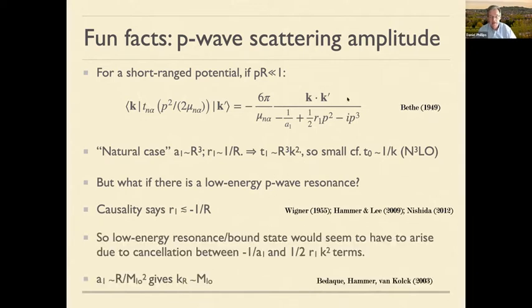And by analyzing this amplitude in that spirit, we can see that because the effective range in this system, and generically the p-wave effective range in neutron scattering, should be of order 1 over the range of the interaction, that these two terms, in the presence of resonance, will dominate over the unitarity term. So these two terms form the leading order piece of the amplitude, and the unitarity term, as long as you're away from resonance, will be a perturbative correction.